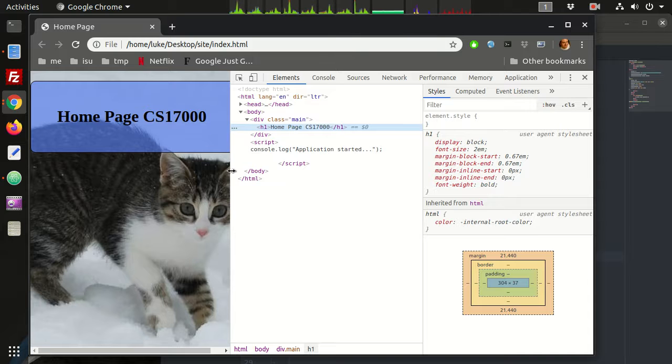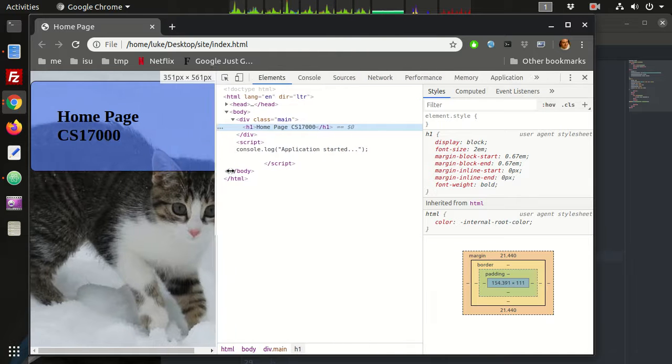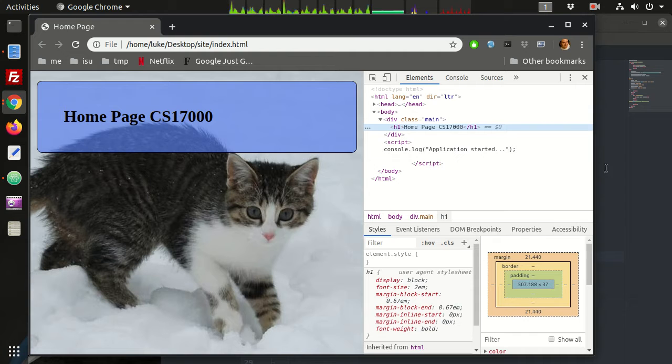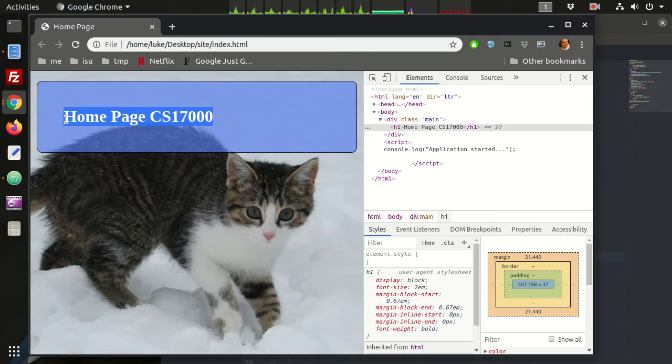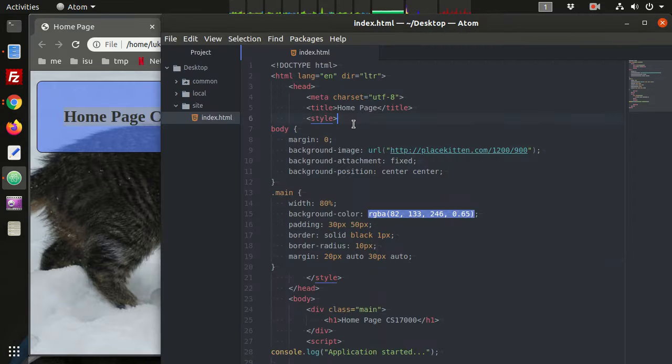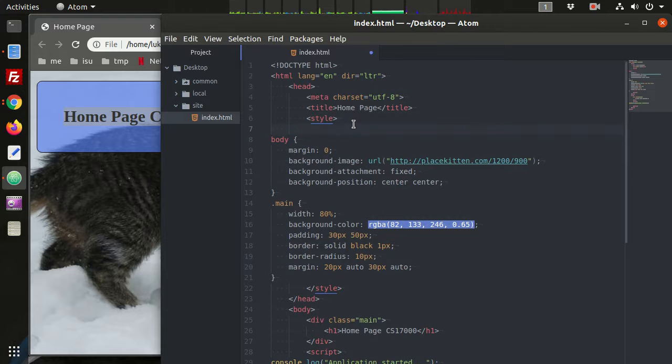But somehow this div appears to be larger than 80% of the parent. That's because of box sizing. By default, when we specify the width, the inside of this content is what's 80%. And then the padding is not counted in that 80%, nor is the border. But if we change the box sizing, we can say box sizing,